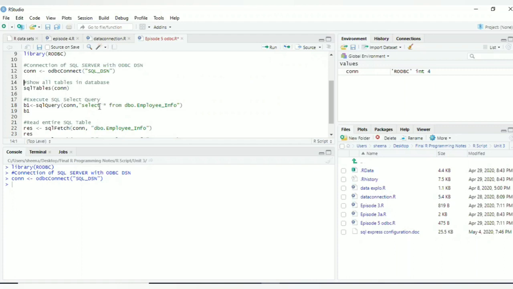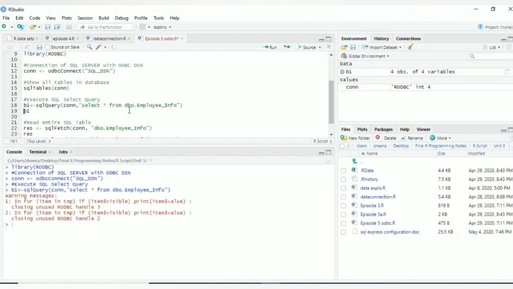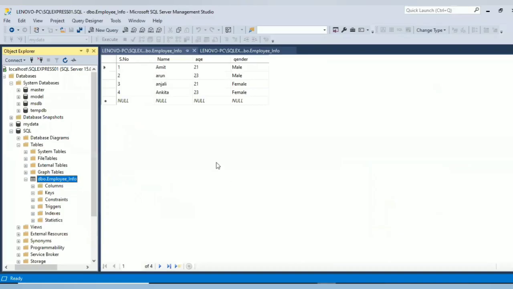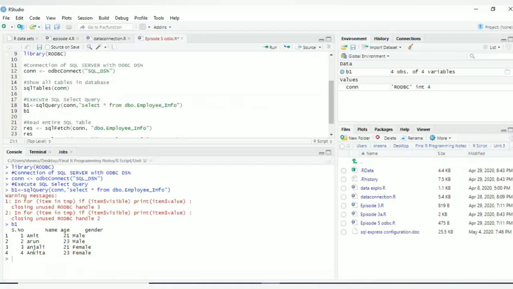Second parameter is the SQL query. I will run this, and after this I will run my connection. I can see that my table is accessed, the same table which I have created in this SQL Express. I have accessed the same table in our environment also.